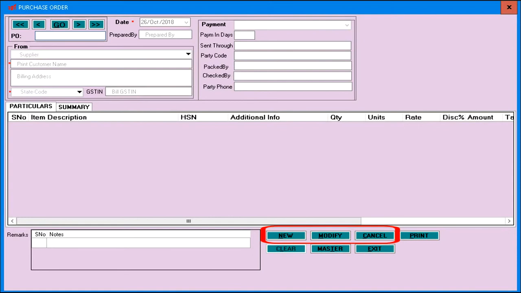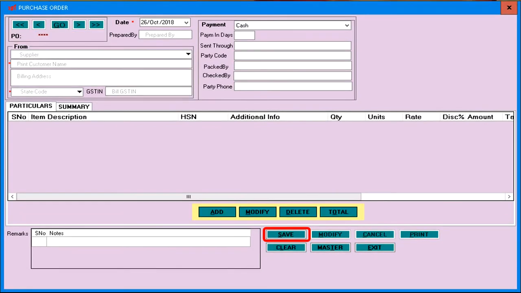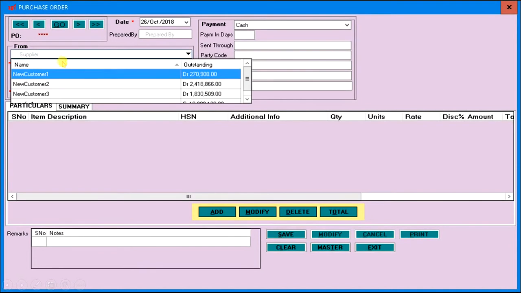And if you want to modify or cancel any specific order, first you need to navigate to that specific purchase order and then click on modify or cancel button. So we are going to create a new one, so we click the new button and it will be renamed as save, so that you could save the information, and you would have noticed that all the fields have been enabled. So we'll go to the supplier, we'll select the appropriate customer,